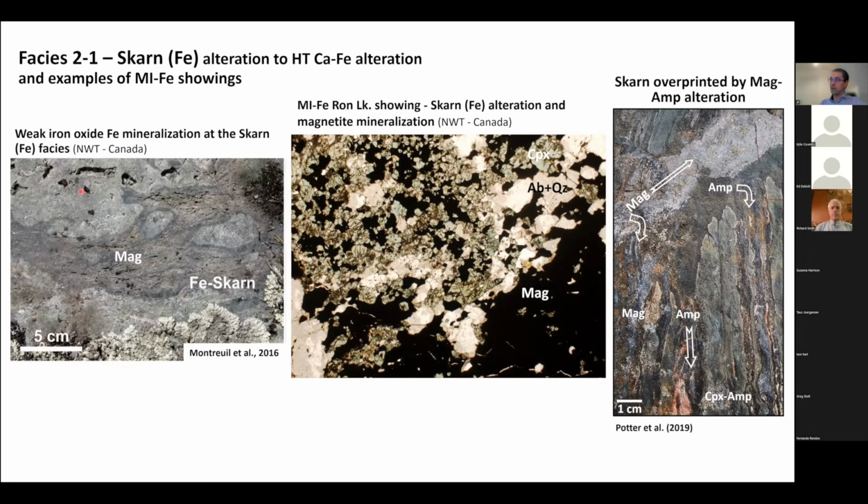As we form these kinds of assemblages, as the iron-rich fluid derived from the fluid plume starts arriving, then it will start forming magnetite. And if there is enough magnetite precipitated, we can start forming iron skarn type deposits, where we have an assemblage formed by magnetite in association with clinopyroxene, as an example here from Northwest Territories in Canada.